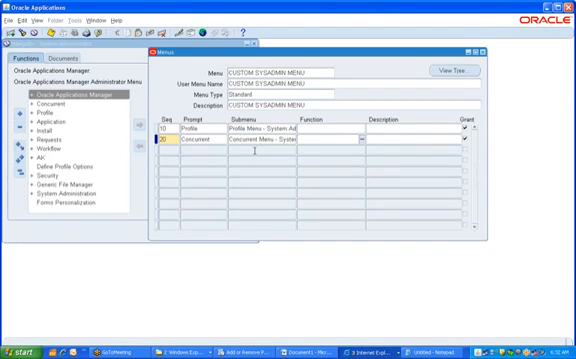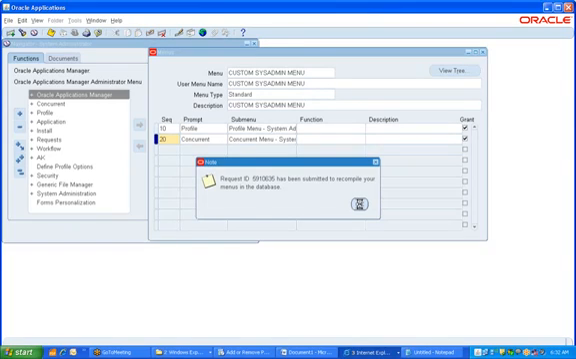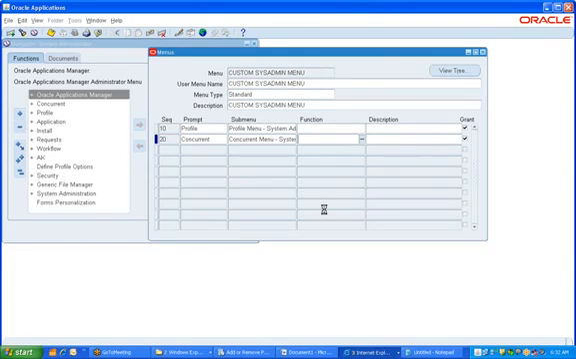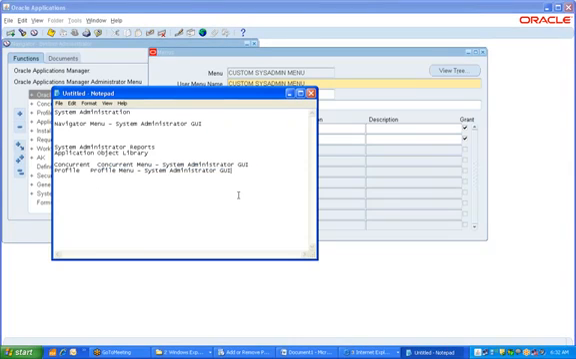Say tab so that whatever is available is given to you. So copy this. Once you save, a request ID is submitted, a background program will be submitted. Copy this user menu name. Of course, I gave both the same, and keep it here beside. Now